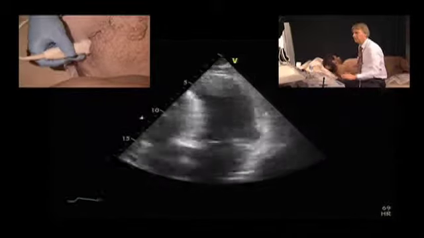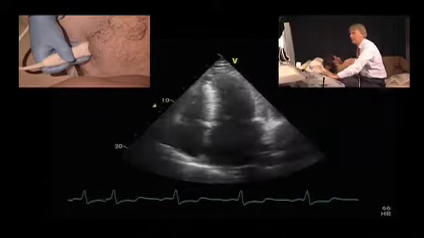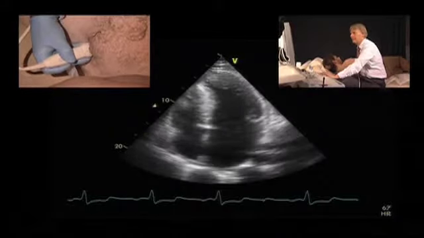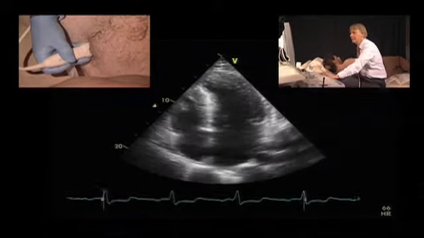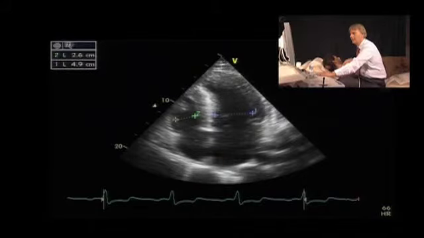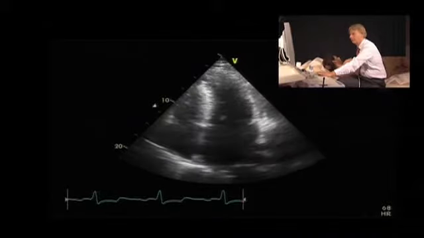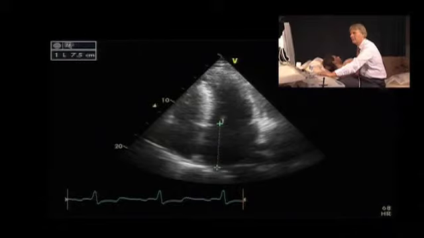filling pressures. And to sum up this patient, let's look at the heart chambers. We have a normal size of the left ventricle. We can measure the size, which is 49 millimeters. The right ventricle is also of normal size. Furthermore, we can measure the left atrium, which is significantly enlarged, and also the right atrium, which is mild to